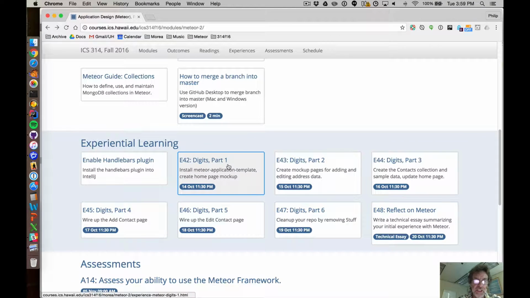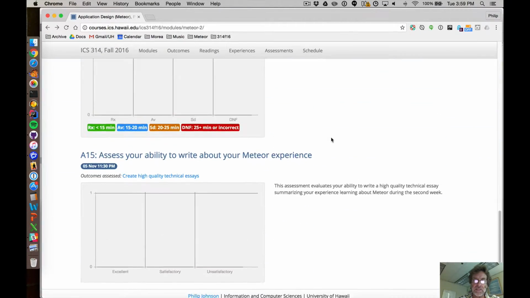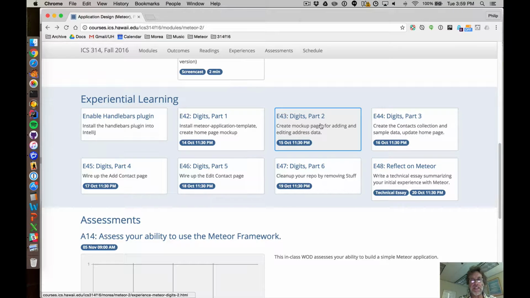And then there's this thing called Digits, which is an application you're going to build, and I'm building it in 6 parts. And if you look at the schedule page, these start being due almost the first day, and so I want you to get going on this. I think they generally take me about 15 to 20 minutes for each of these. So it's not a lot of work, but you may have to repeat this a couple times,